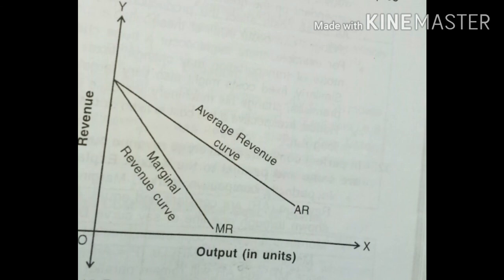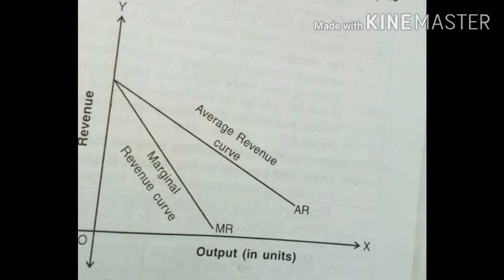So his total revenue increases at a diminishing rate. This practice results in a difference between average revenue and marginal revenue. As price decreases, the average revenue decreases and its curve slopes downward from left to right. Due to reduced average revenue, marginal revenue also decreases. However, the decrease in marginal revenue is rapid in comparison to average revenue. Therefore, the marginal revenue curve is below the average revenue curve, which we can see in this diagram.